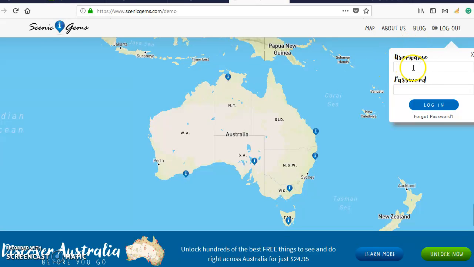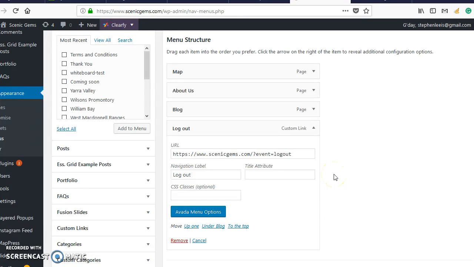Then we need to look at entering in a username and password and logging in and successfully getting a successful login via WPE Member. Okay, Ray, I've just spent a little bit of time working with WPE Member. So the logout I have now changed to this URL, which is the WPE Member standard for logging out. But with that now,